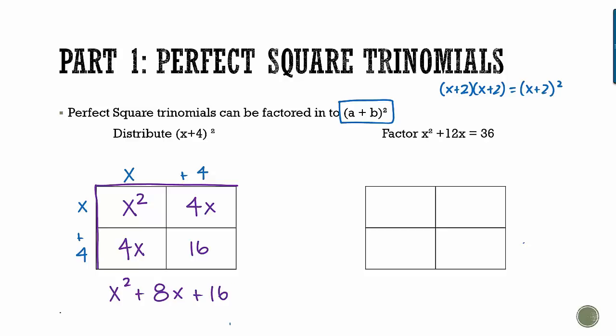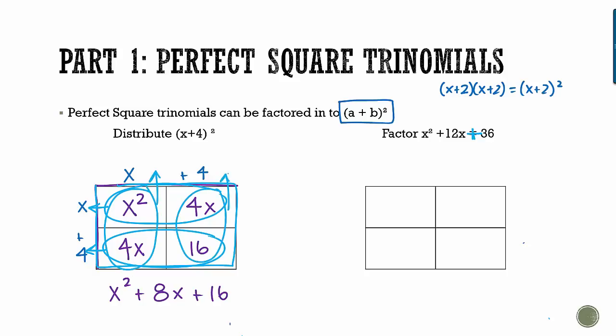Now if I asked you to factor something like this, it should be plus 36. If I asked you to factor something like this, we could do the same kind of thing. We could fill out this box, and then we could see what each row has in common and factor it out, and each column has in common and factor that out. We did this last year, but just to refresh our memory, x squared goes in here,